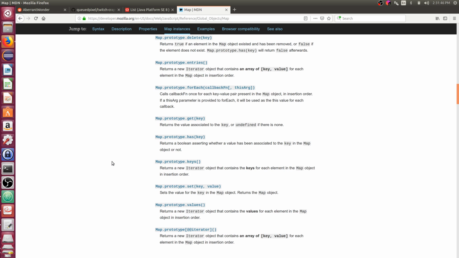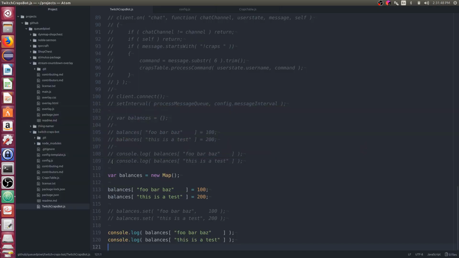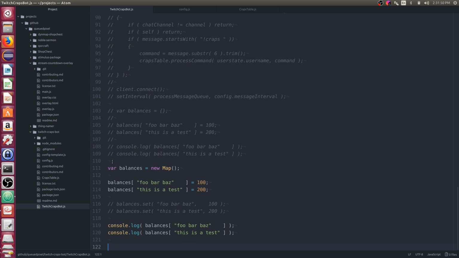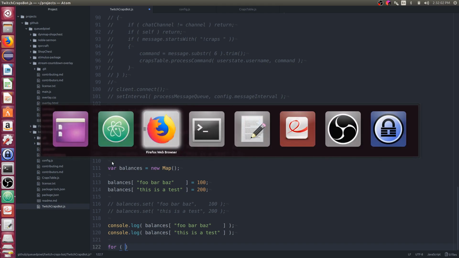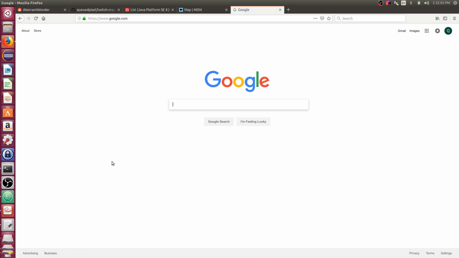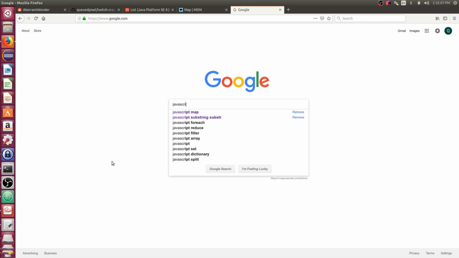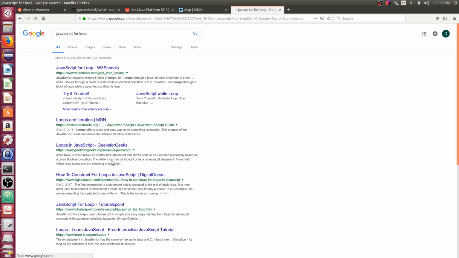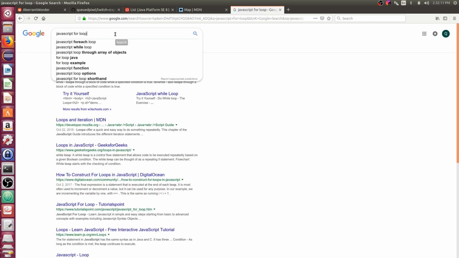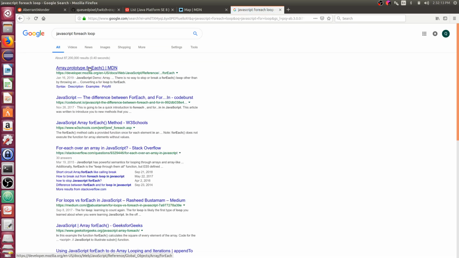Oh, I could iterate over the keys. Let's try this and say for. Not sure how to do a for each. It's been a while since I've had to do a JavaScript for each. Let's go look that up. Let's try an actual for each loop here.